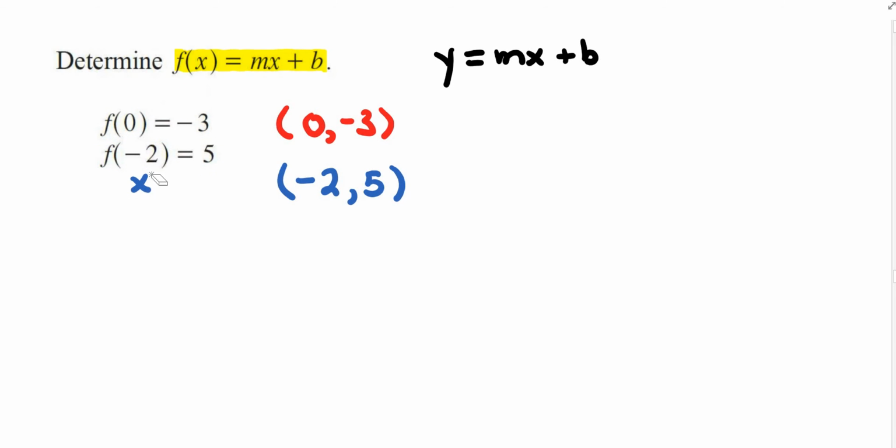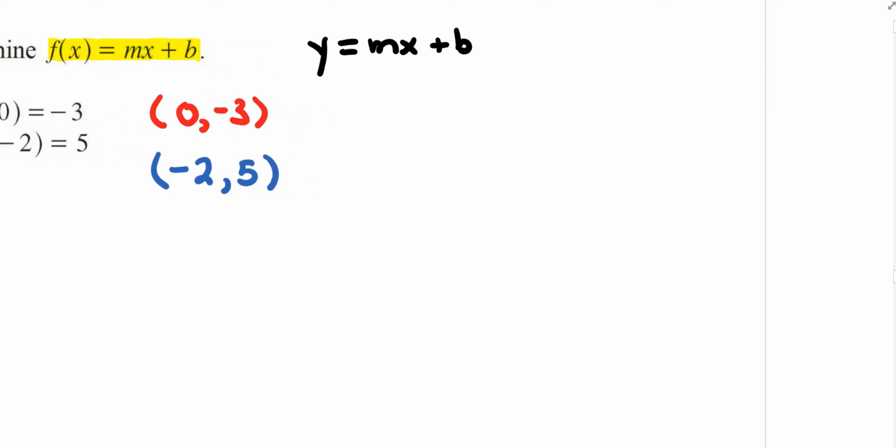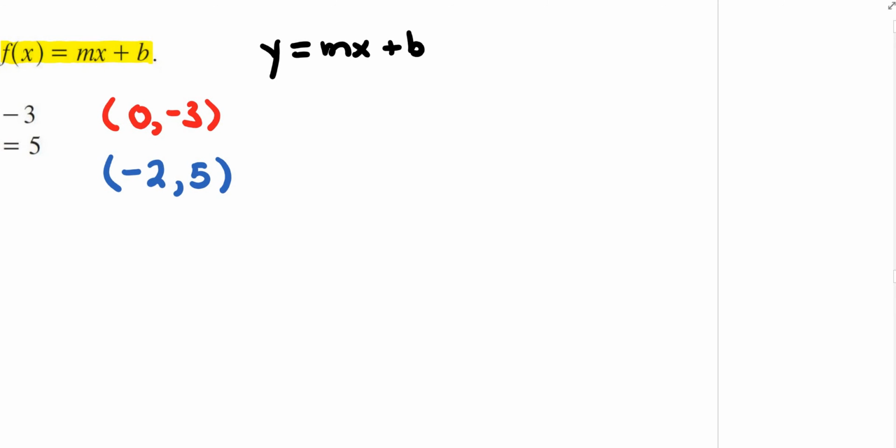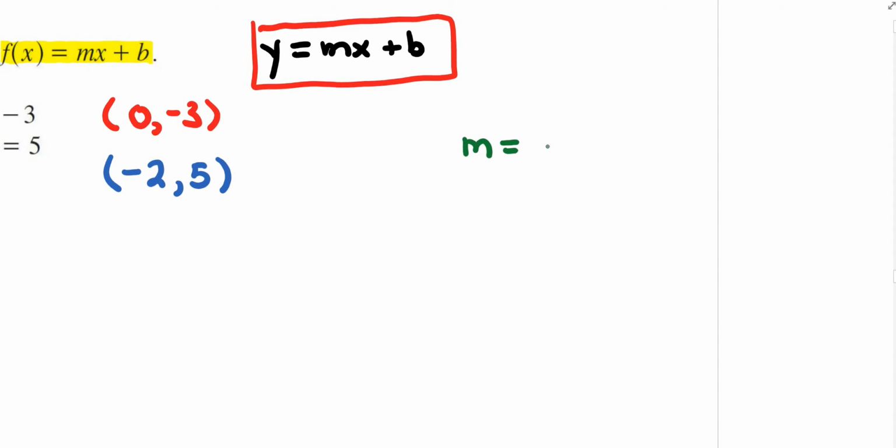All right, so basically the question is now saying if you're given those 2 points, (0, -3) and (-2, 5), can you write the equation in slope-intercept form? Well, step number 1, you need to find the slope, right? So you might remember that the slope is given by this expression right here. It's your second y value minus your first y value